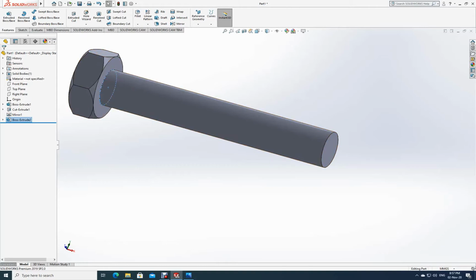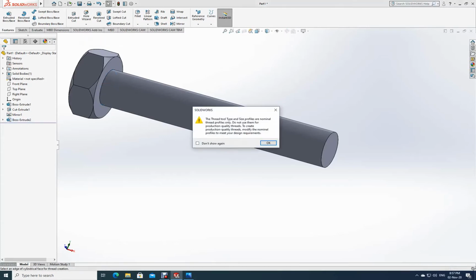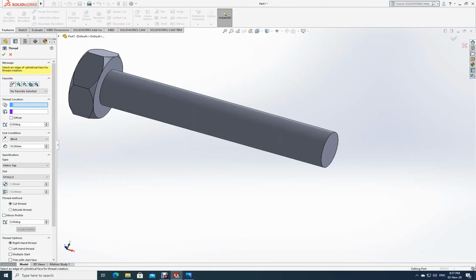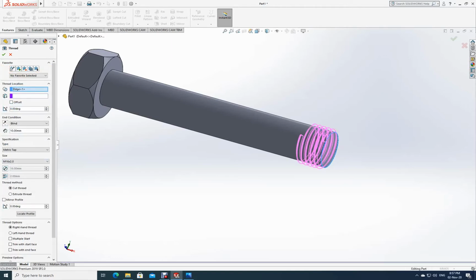Okay. Now let me go here. You will see whole wizard. Open this. You will see thread in the bottom. Okay, open this one. The moment it opens, now you have got so many things over here. First, let us select the thread location. Where is the thread location? This is the thread location. Let me click on this. The moment I click on this, you can see some amount of thread over here.